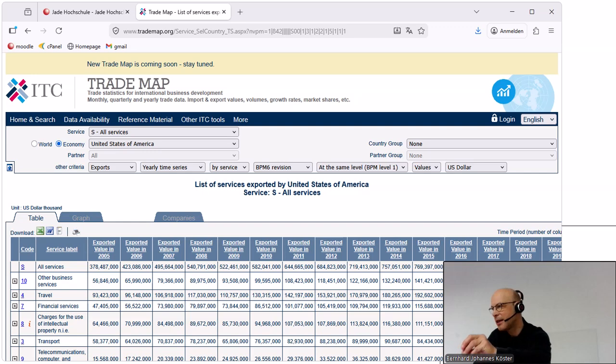But specifically, if you look at the trade relations with services, there the United States are one of the largest trading partners in the world, and the reason is quite clear. It's all these digital services they export to the world via the tech companies situated in the United States, Amazon, Google, Meta, X, and so on. So, that's about this